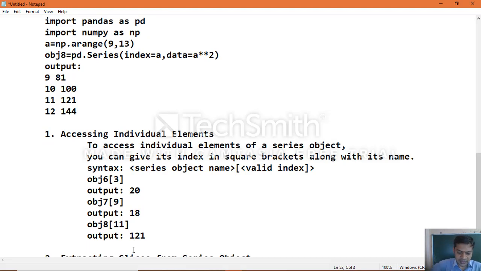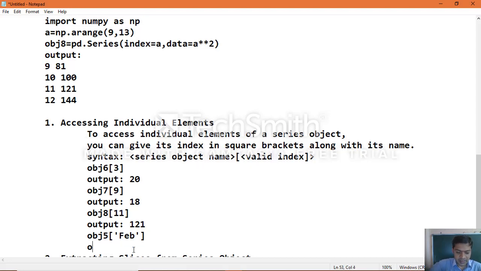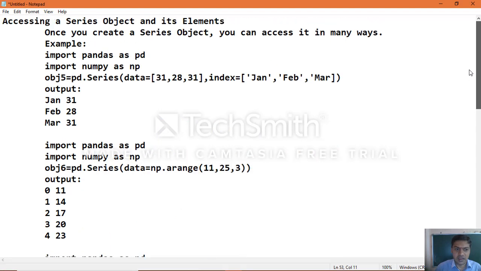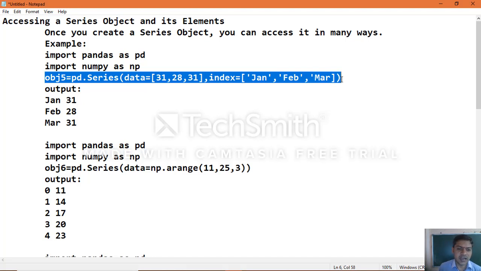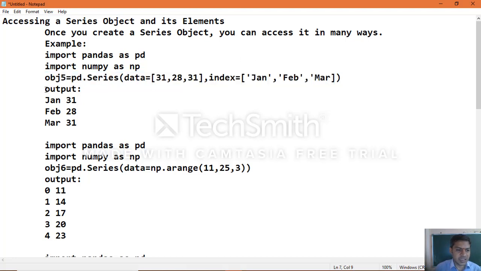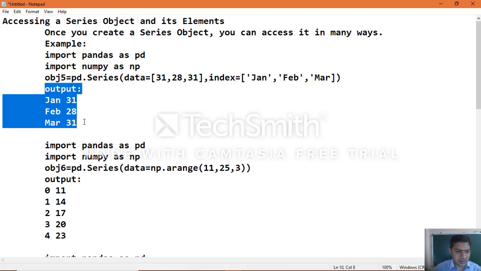In the same manner, take another example, obj5 of fib, the index number you specify. In object 5 which we created, the data was the number of days in a month and the index was the month names, Jan, Feb, March.